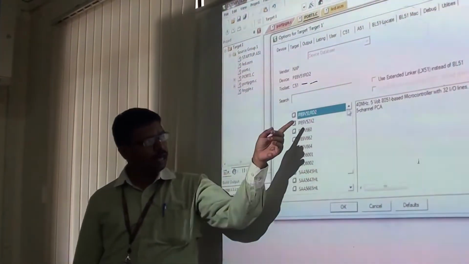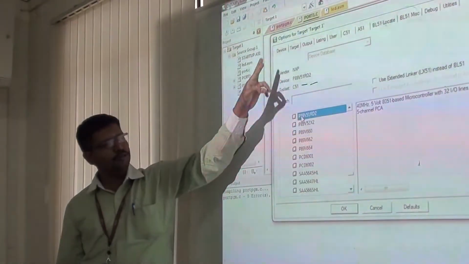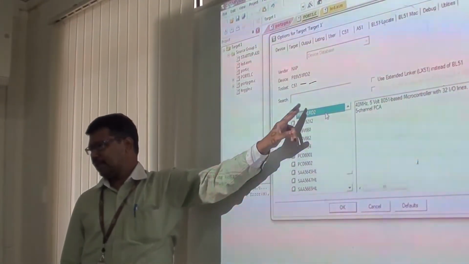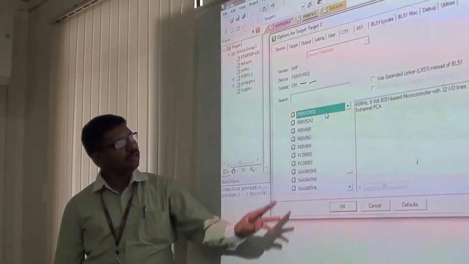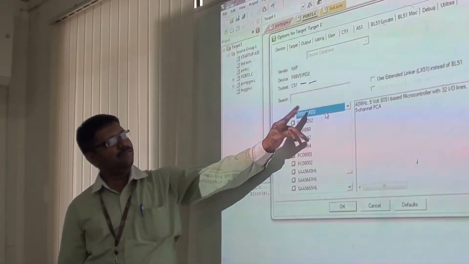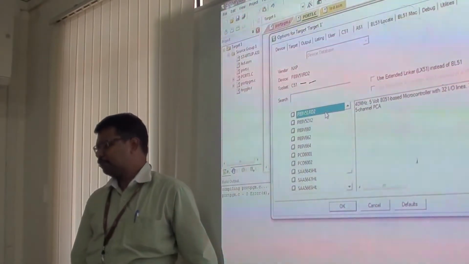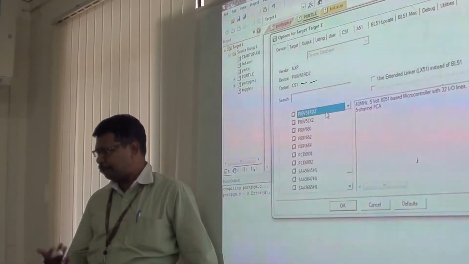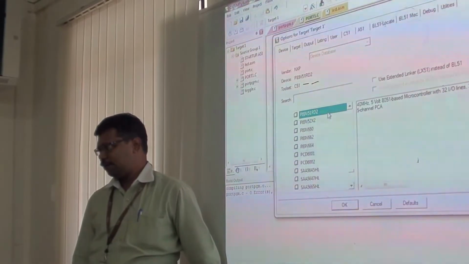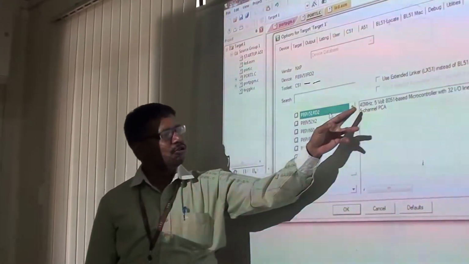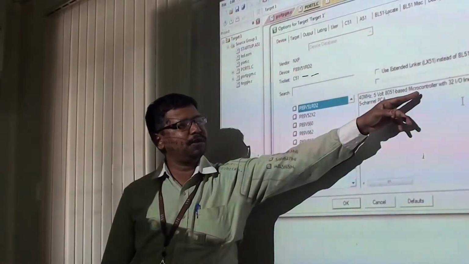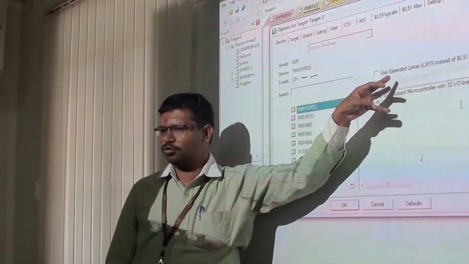You can observe that the first tab will explain about the device P89B. Note down the first tab 1, device. Okay, so device number is P89B51RD2. Sir, why it is P89B51RD2? Because we have purchased that particular hardware from NXP. Okay, that IC you are going to target. Okay, so 40 megahertz, 5 volt, 8051 based microcontroller, all this information you have to ensure.